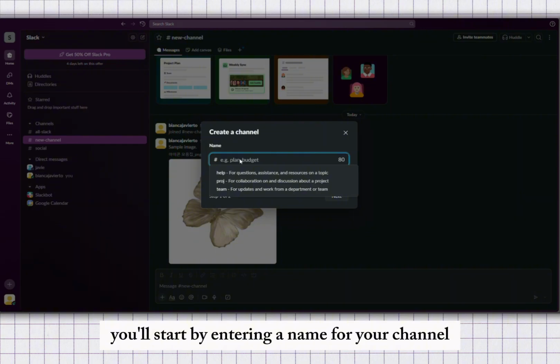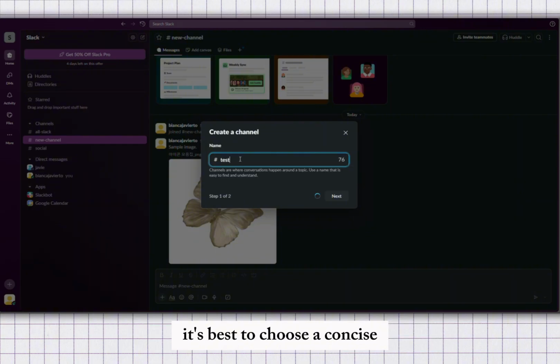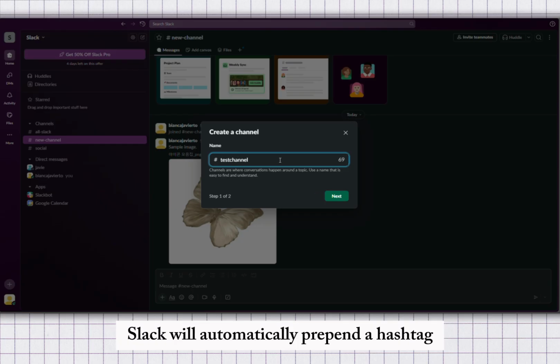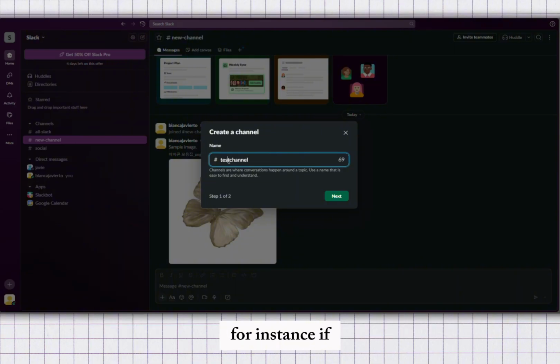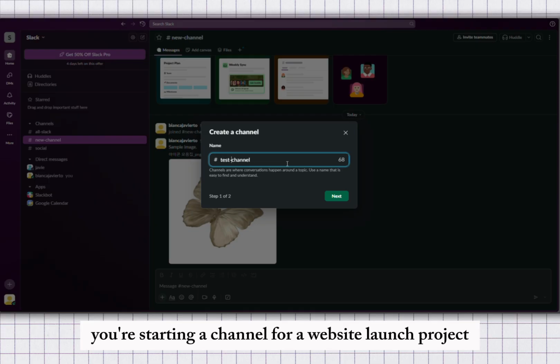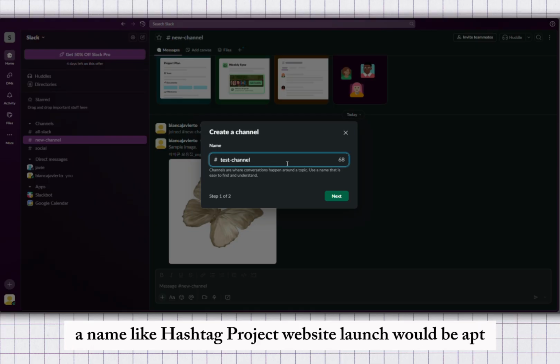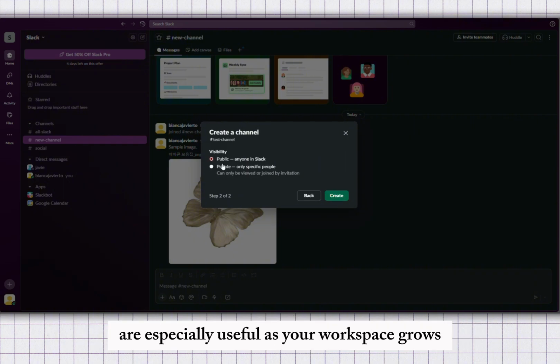You'll start by entering a name for your channel. It's best to choose a concise, lowercase name that clearly indicates the channel's focus. Slack will automatically prepend a hashtag, so there's no need to worry about formatting that part. For instance, if you're starting a channel for a website launch project, a name like #ProjectWebsiteLaunch would be apt. Clear naming conventions are especially useful as your workspace grows, helping team members quickly understand what